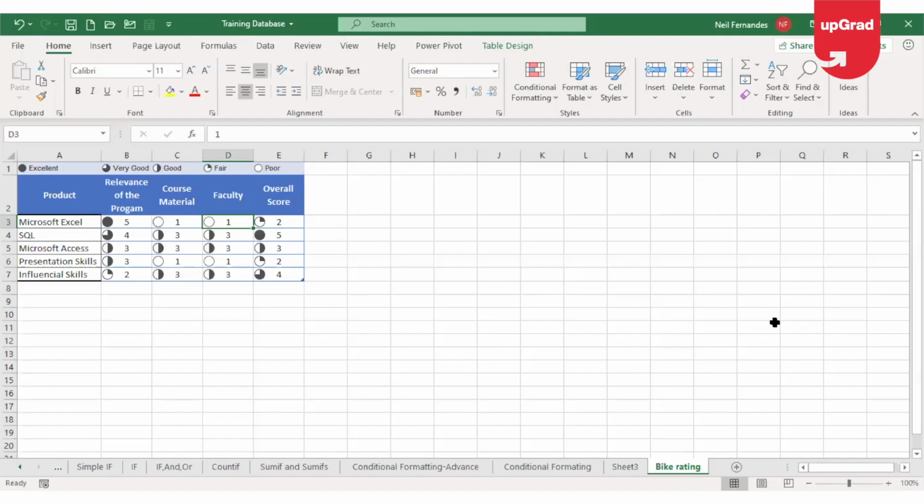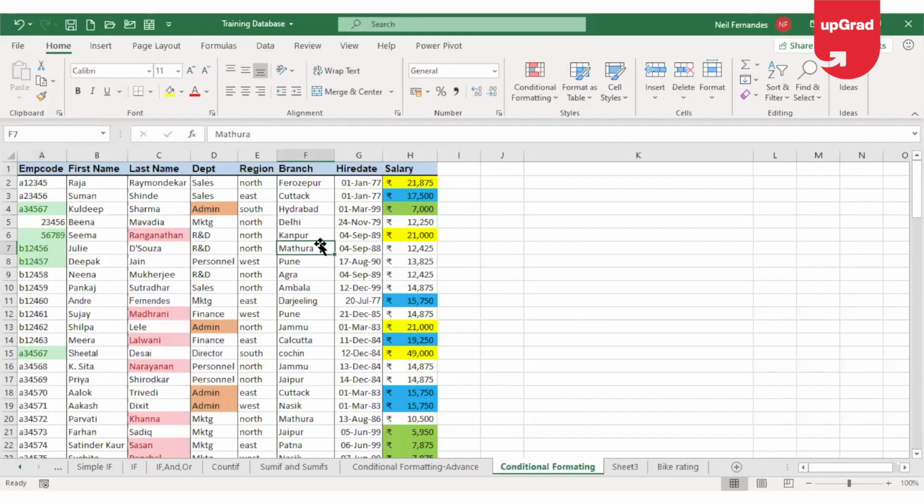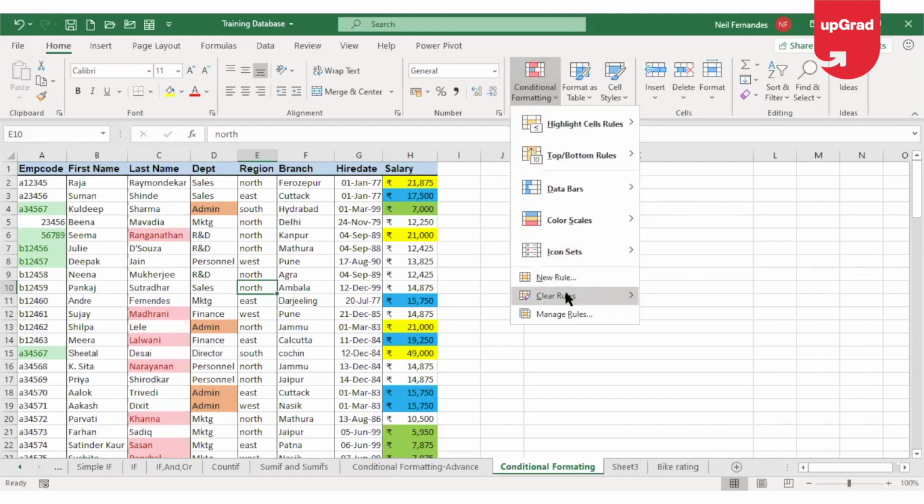You will also notice that in any of my sheets, wherever the conditional formatting was used, the conditional formatting still stays there. Now, if I need to remove the conditional formatting, I can go on to the sheet, click on conditional formatting, and there is an option called clear rules. There are two options under clear rules.